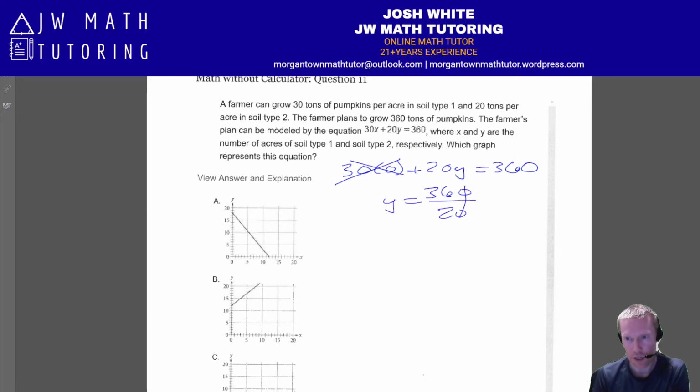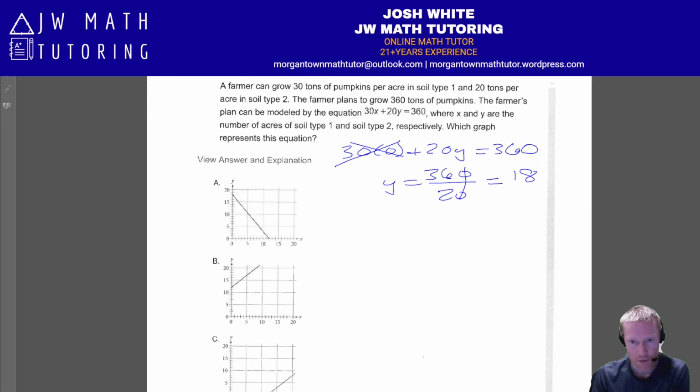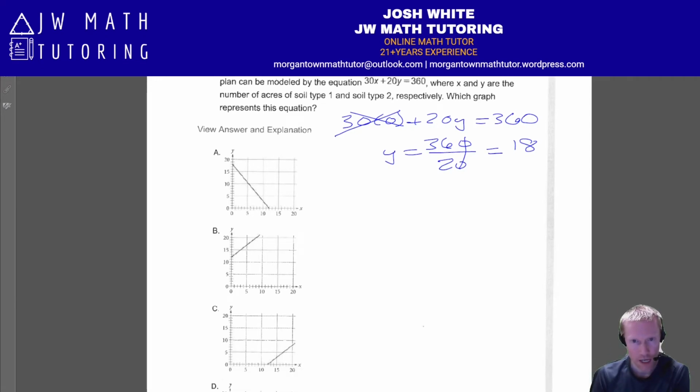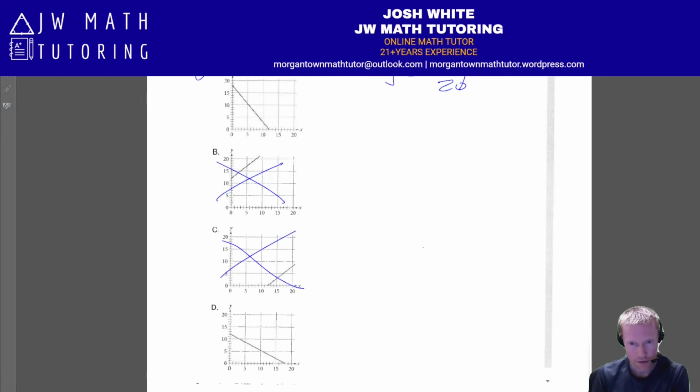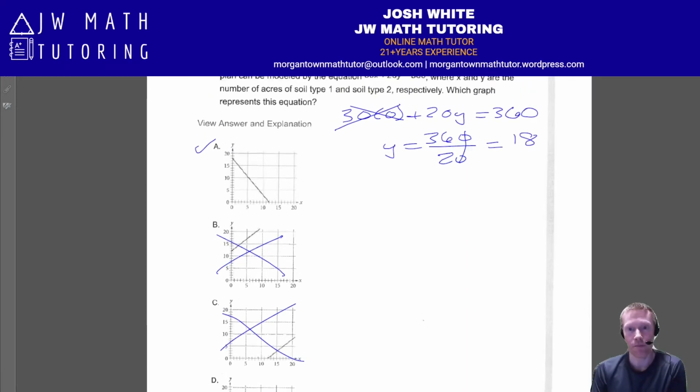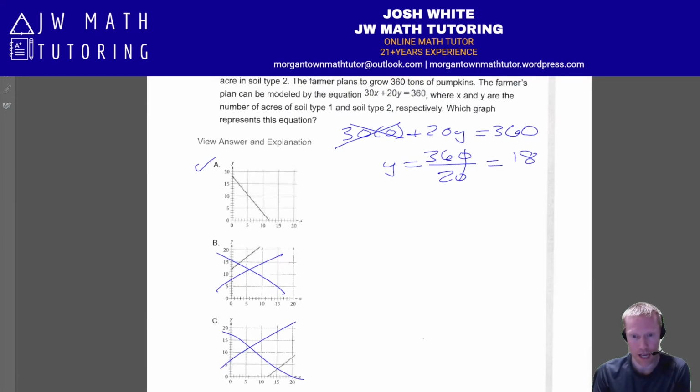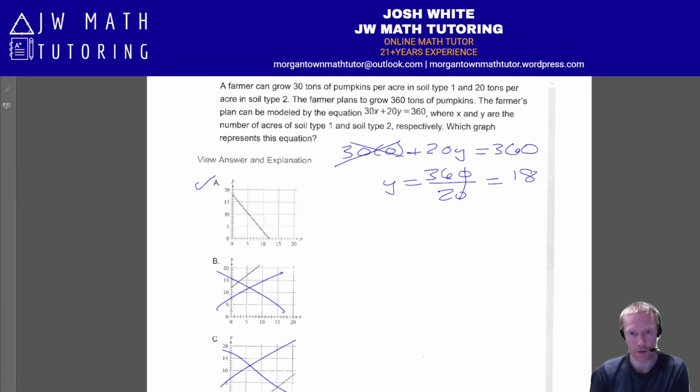divided by 20. We can cancel out the zeros. 36 over 2, which is just 18. So which of these graphs have a y-intercept of 18? Okay, A does, so we keep it for now. B does not. C does not have a y-intercept of 18, doesn't even have a y-intercept, and D does not. So we don't have to bother looking at the rest of the problem. We can just eliminate all the wrong answer choices by confirming the